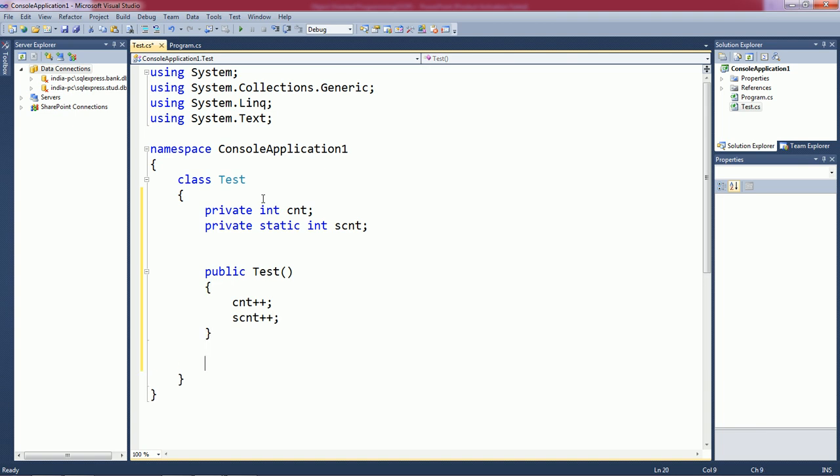Now simply take one normal method, and here we want to print the values of the static and non-static counter.